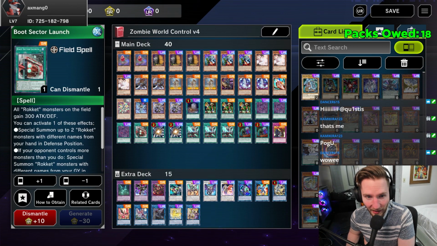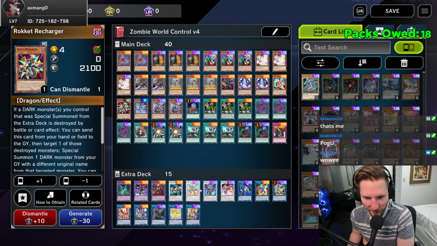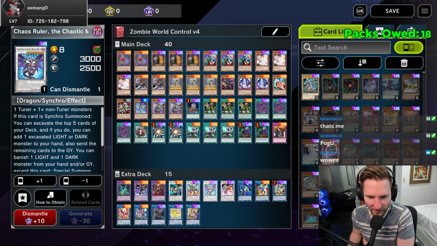So you could then go ahead and special summon, I don't know, Rocket Recharger. You could go ahead and use this so you can summon Chaos Ruler, the Chaotic Magical Dragon, or Warlord Savage Dragon. So it really depends on the game state. If you have no other plays, you have no other ways to actually get into your combo, you make Chaos Ruler so you could mill 5 and then add amongst those 5